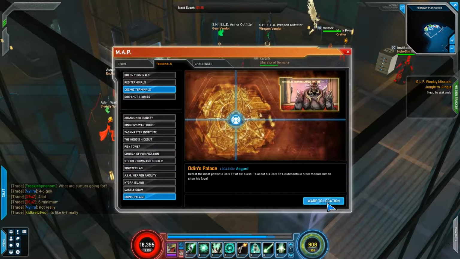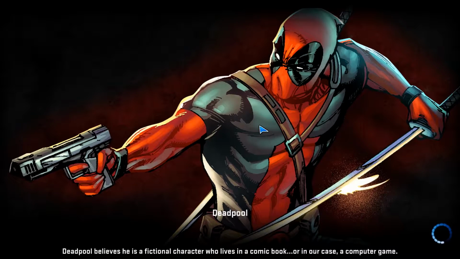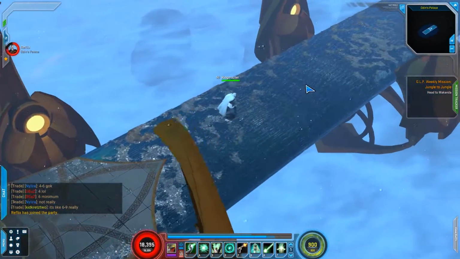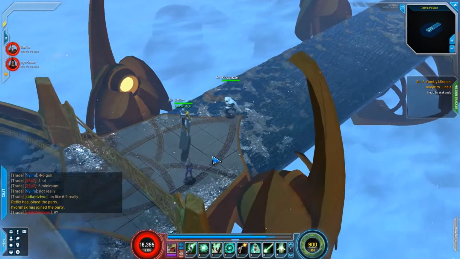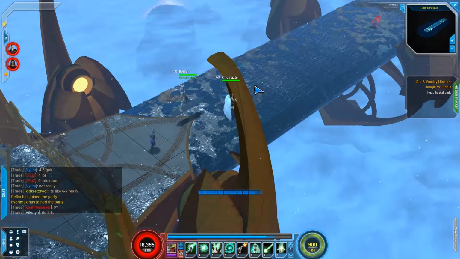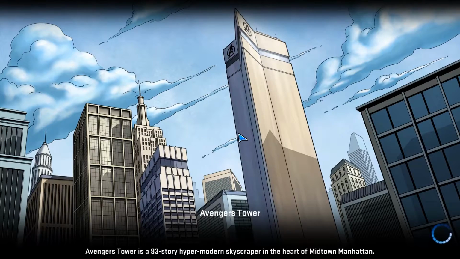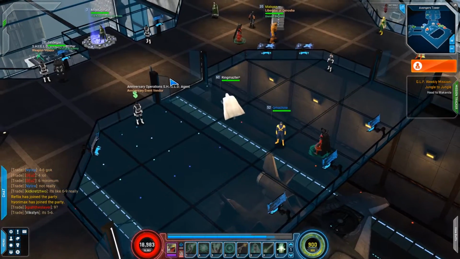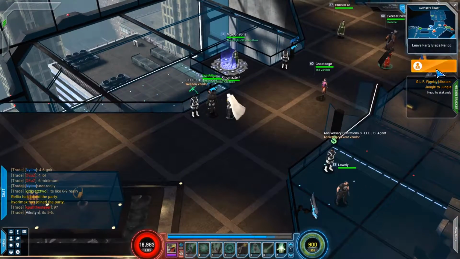Cosmic. Go to Curse. I like to run Curse because he seems to be one of the harder bosses to do. Hold on. I don't want to run this with other people. Let's get out of here. Alright, so...